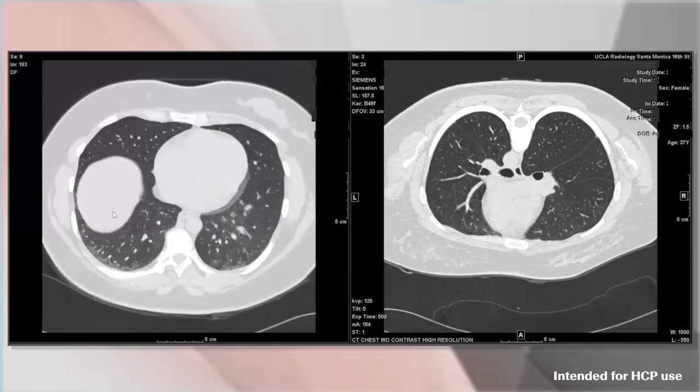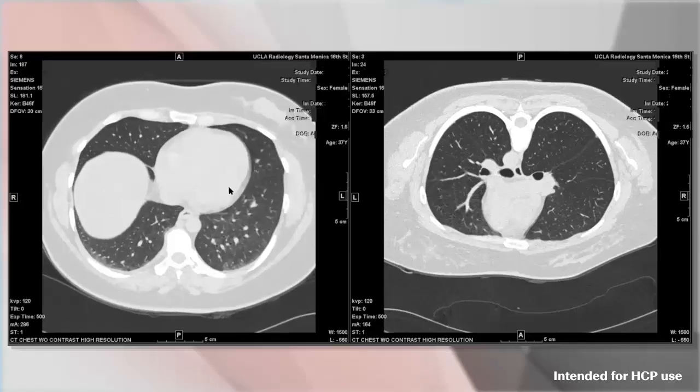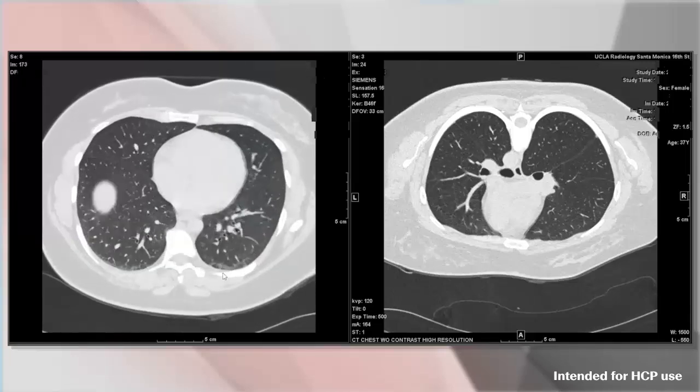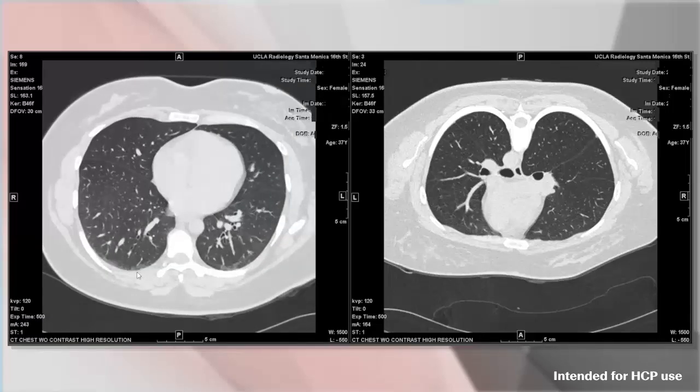And as we, again, go to the level of the diaphragm and the base of the heart, we see that that continues. Now, one might think, if you look at this, especially if the indication for the HRCT was shortness of breath or rule out interstitial lung disease, or perhaps this was a patient with autoimmune disease, and the HRCT was done for screening, that one may start to think, well, maybe this represents early interstitial lung disease. Now, this is really a prime example of why prone imaging is important in these cases